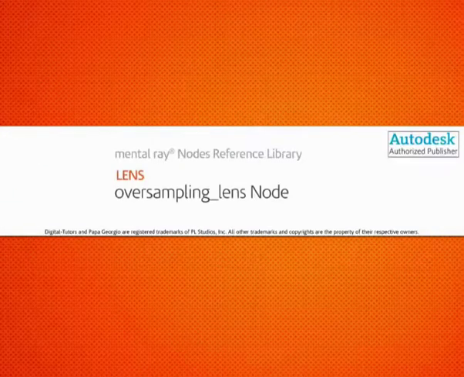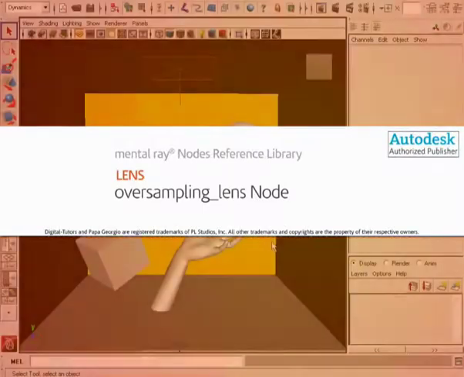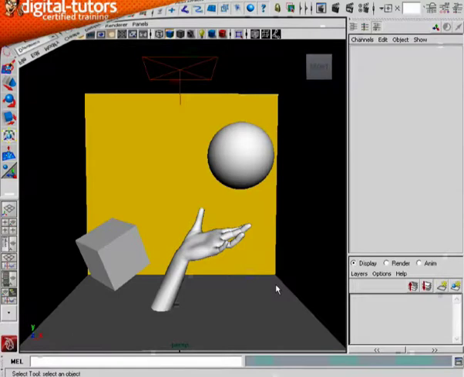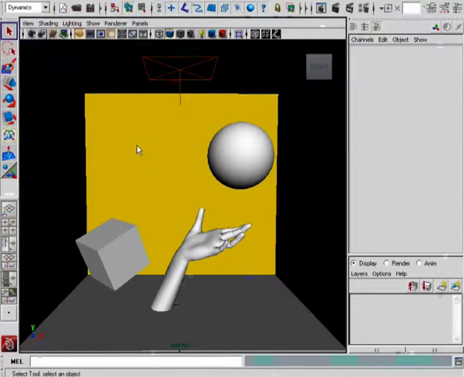In this lesson, we're going to take a look at the oversampling lens shader. With this particular lens shader, we have the ability to add a little bit of oversampling to help soften out some of the noise that becomes apparent whenever using any kind of path tracing material. An example of one of these path tracing materials would be either the normal path material or something like ambient